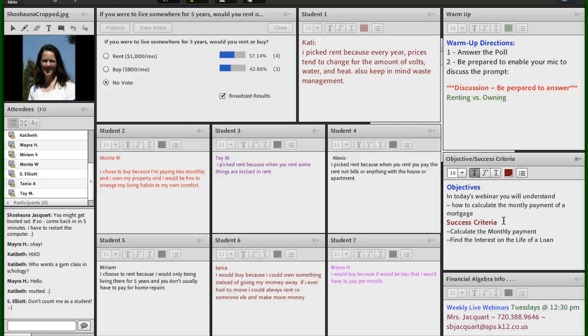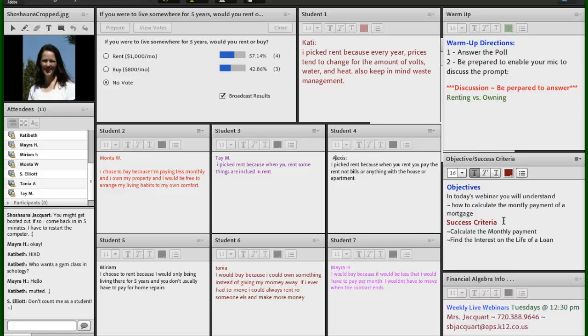Okay, owning a house, you actually have to pay everything on time, or your credit gets dinged. Yeah. Okay, so maybe it's rental, and that would be an idea. If you're doing rental, you get booted out, whereas if you have a mortgage, you get kicked out, and also your credit goes down, so you can't buy again. Monte chose to buy because he's paying less and he owns his property